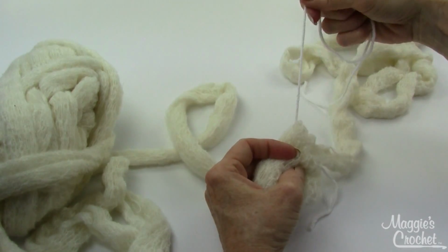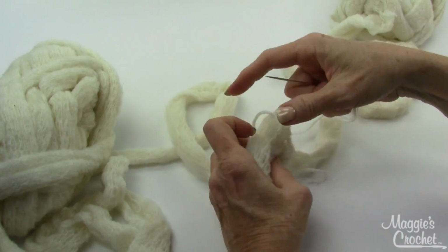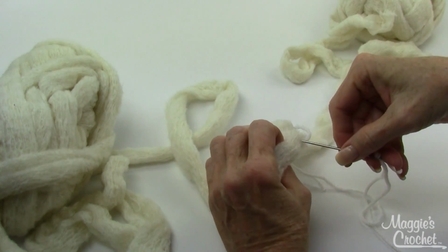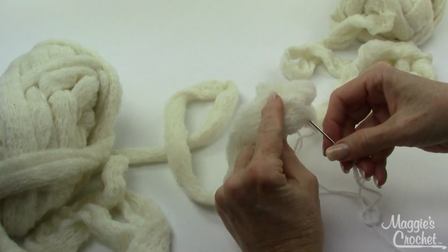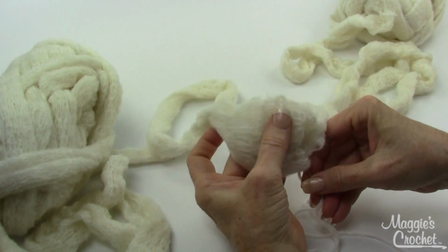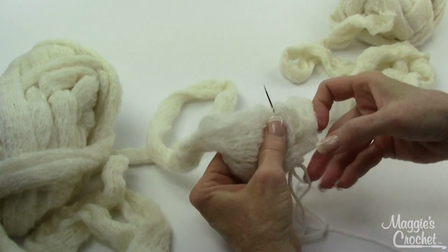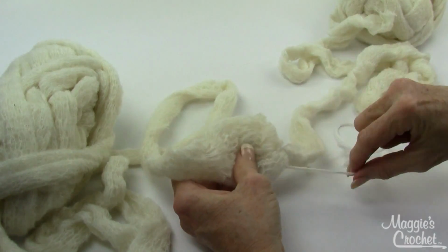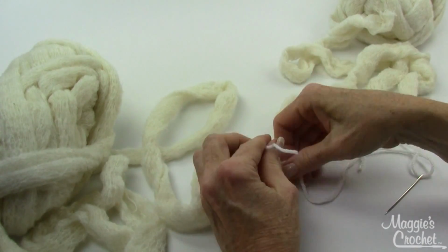So just do that. I'm going to leave that end right there, and then I'm going to come back on the other side. I'm just going to turn this over, and I'm just going to weave this back to the other side, just like that. Okay, so now I'm going to tie that with the beginning